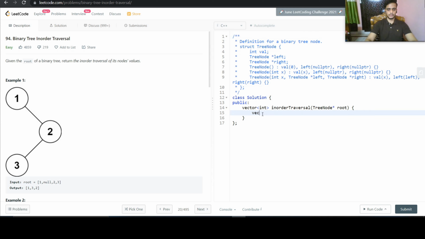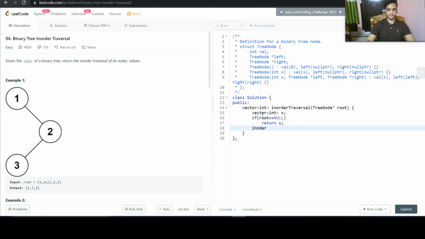And since we are going to return it in a vector of integers, let us define it first. Vector of integer x. For the base case, if root is equal to null, then we will just return x, or else we will do inorder traversal.